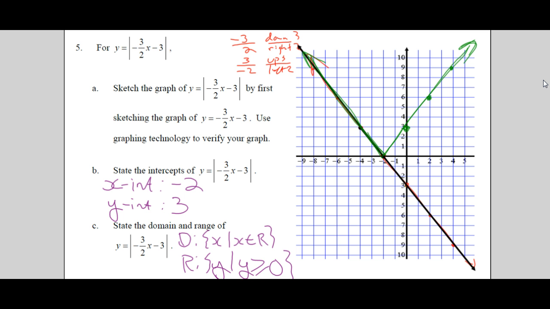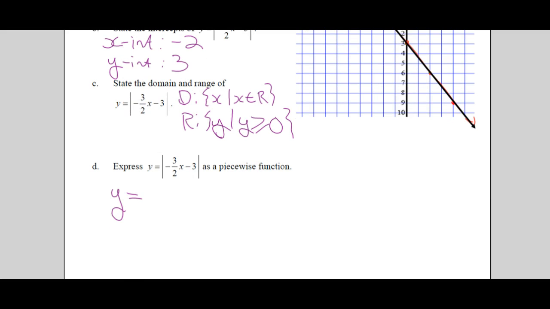Over here, if x is less than or equal to negative 2, then the function is just the same as the original function. So y equals, and because we have two functions,